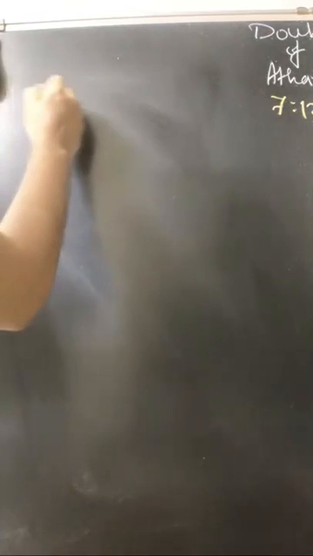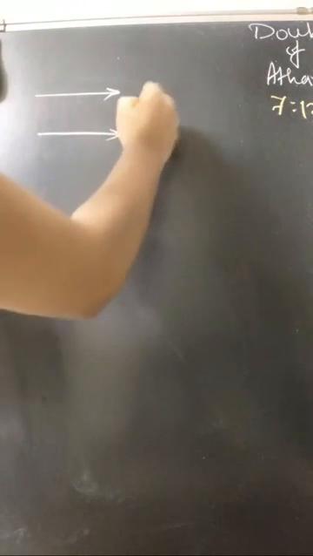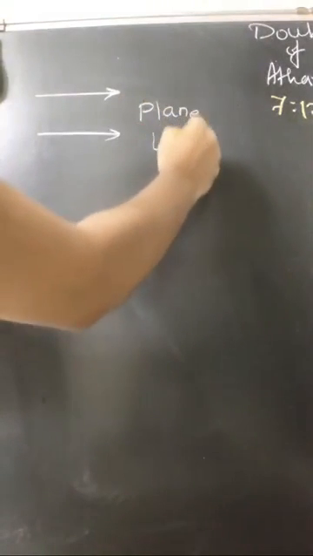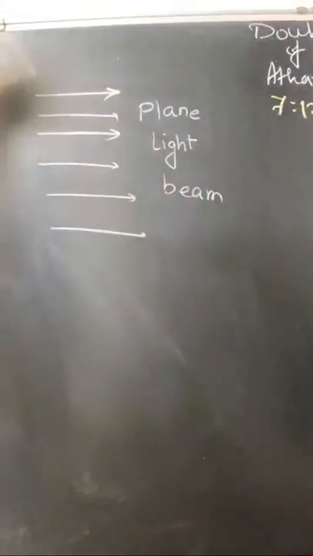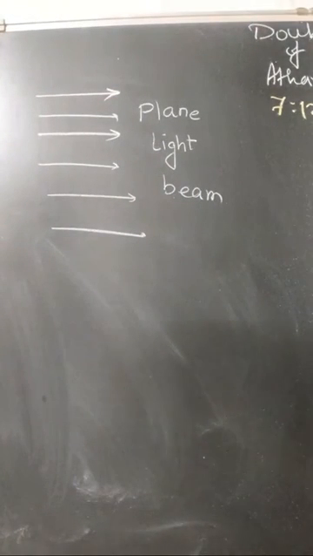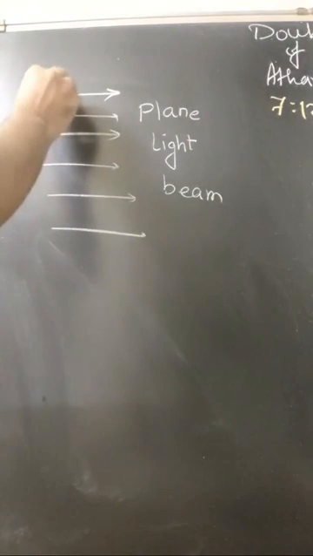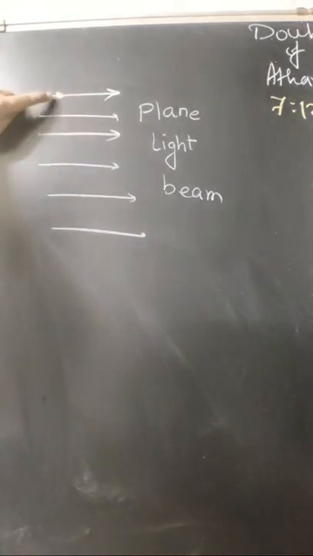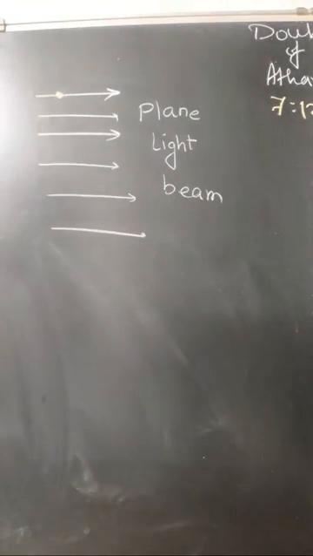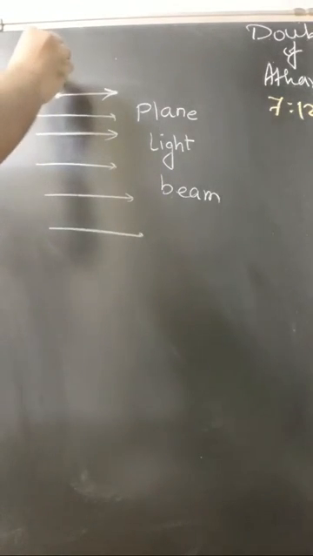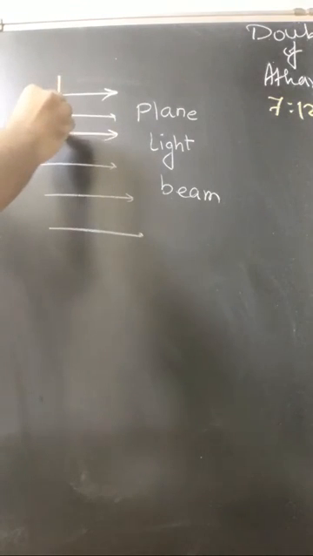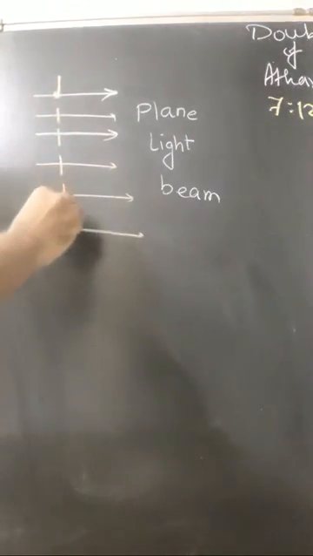See, let us say these lines represent a plane light beam. You understand this? Now, if we take a particle somewhere here, I hope this particle is visible, and if we draw a perpendicular to that particle, a perpendicular line like this,